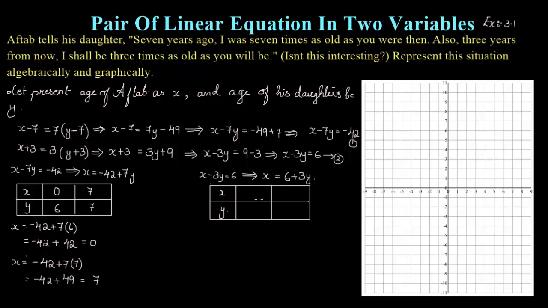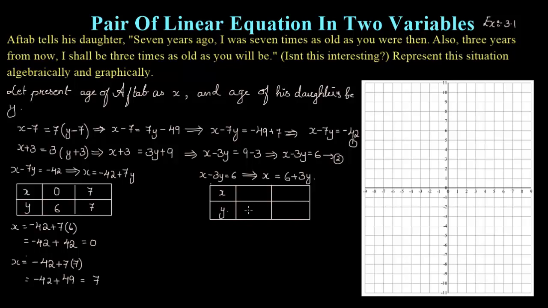Now you need to just put a value for y and get the value of x. You can take it the opposite way also. If you are keeping y on this side, you could have substituted the value of x. So whichever you feel is easy, you can just use that. I have taught you in this method because if you keep the y value here, then you would have minus 3y, and this will be shifted to this side. So now you need to eliminate this minus 3 also. That will go to the denominator and you may get a complicated expression. So because of that, here